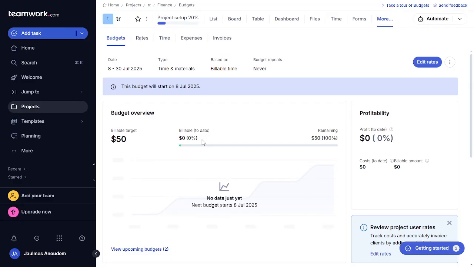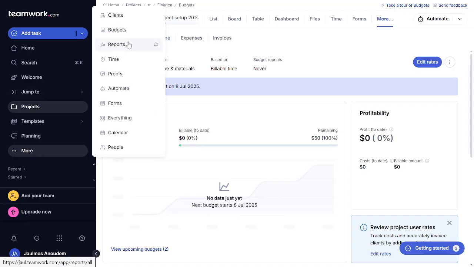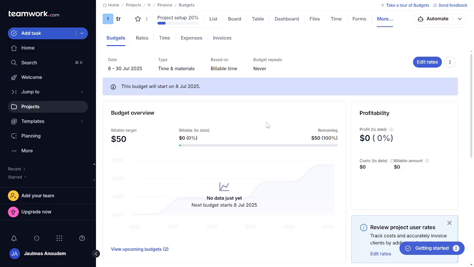After setting up alerts, it's time to review and analyze the budget report regularly. Under the Reports tab, select Budget Report. This will show you a detailed breakdown of your spending. Here's what's happening behind the scenes. Teamwork.com is comparing your actual expenses with your planned budget, highlighting any discrepancies. Regular reviews allow us to spot trends and pinpoint where overruns are occurring, giving us the insights we need to